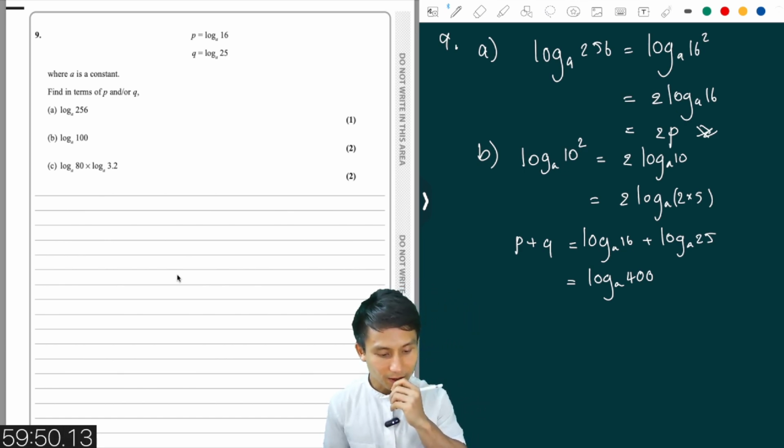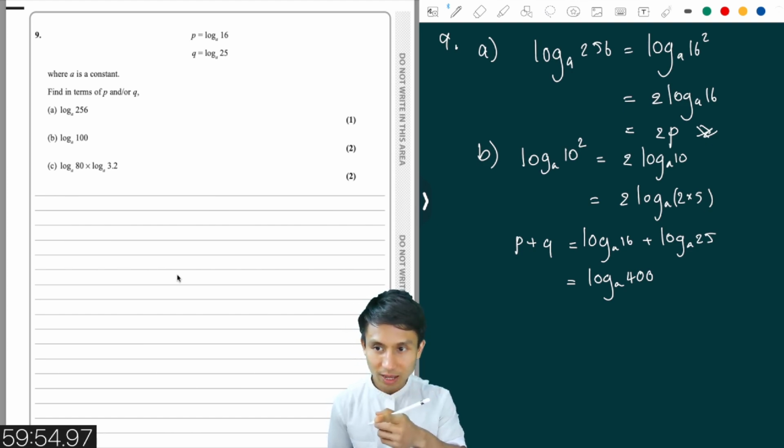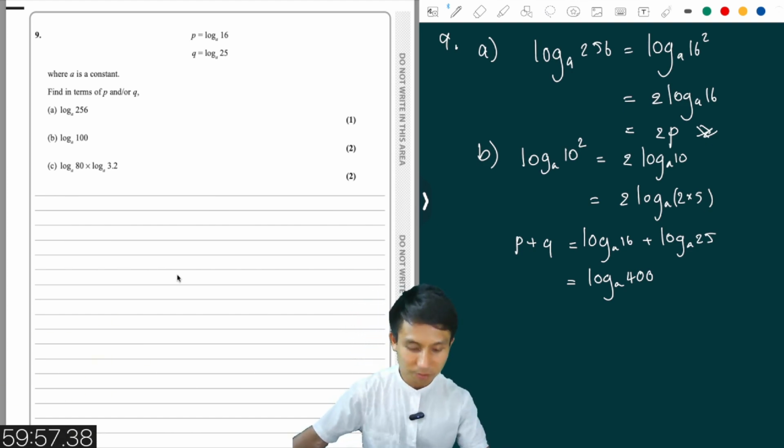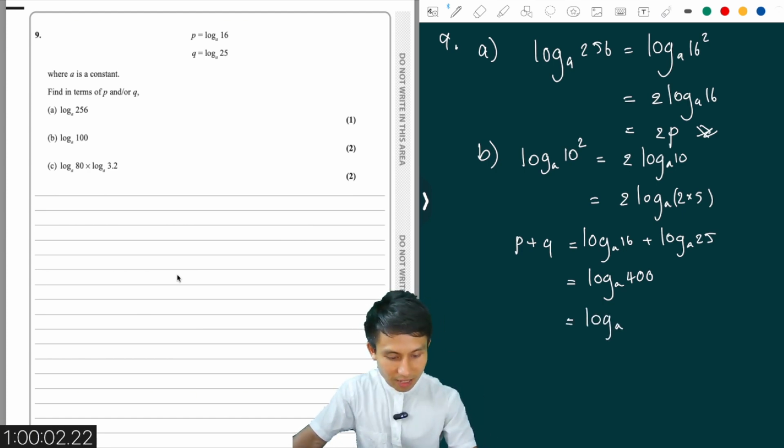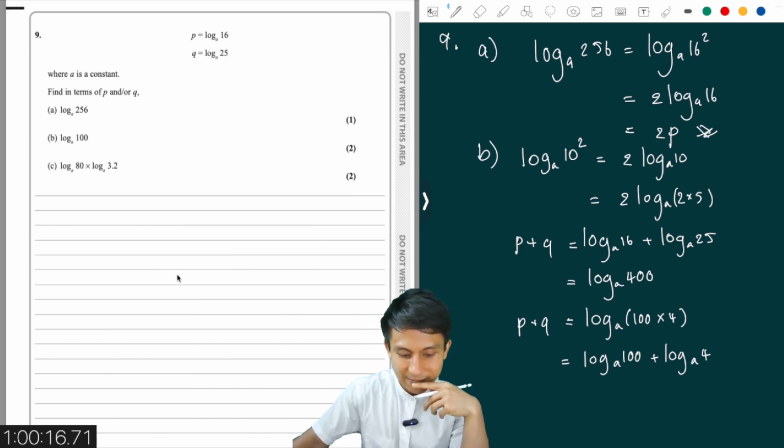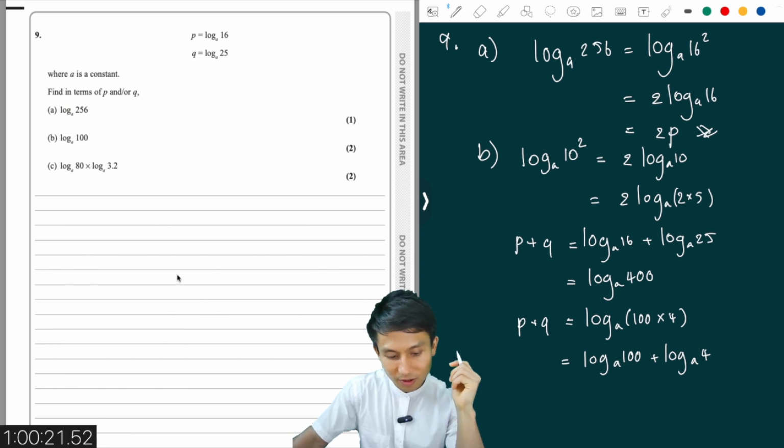Okay. What is that then? But we have log base A of 100 to be B. So how can we put that in? Okay, so this is going to be log base A of 100 times 4. So P plus Q is that, which is log base A of 100 plus log base A of 4. That's probably not what we want there. Oh, but log base A of 4, okay,